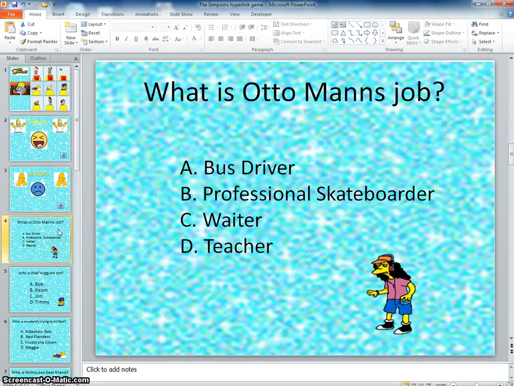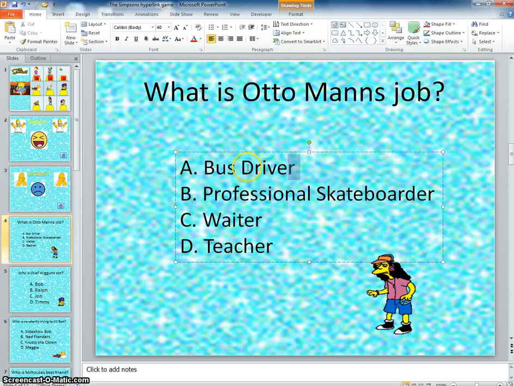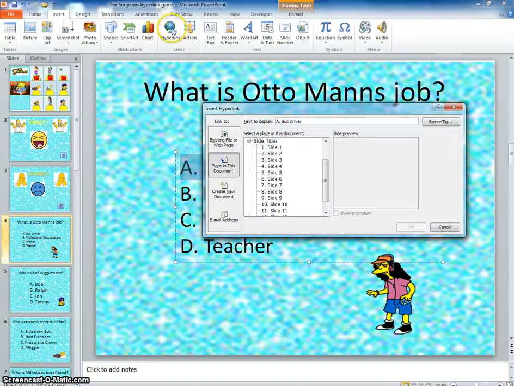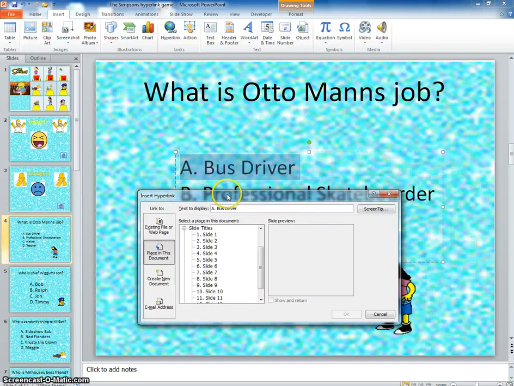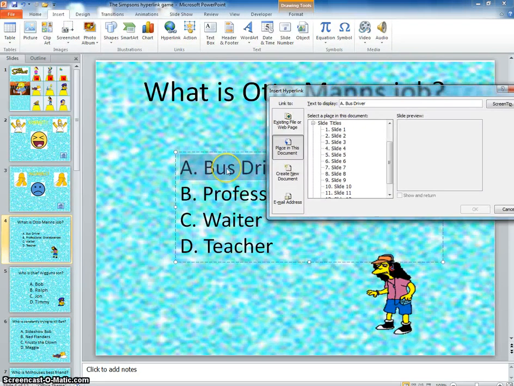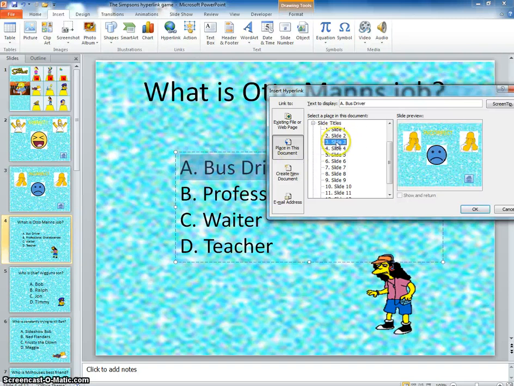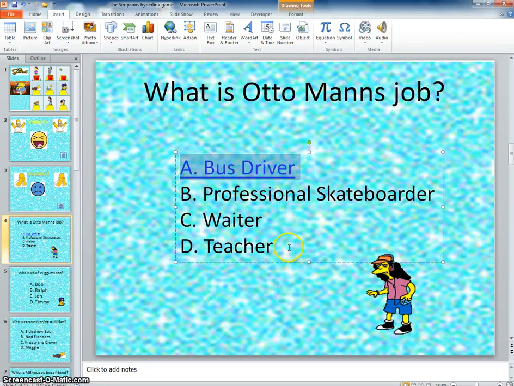Now we're ready for the question slide. We have to hyperlink A, B, C, D. You can either highlight the A by itself, or let's just do the whole thing. So you highlight one at a time. You can go to Insert Hyperlink, and now you want to insert a hyperlink on question or letter A to the correct or incorrect slide. I'm just going to link it to the correct slide and click OK, and then it automatically underlines and